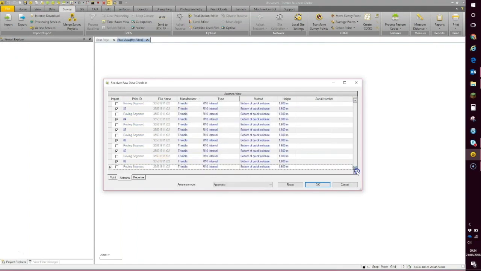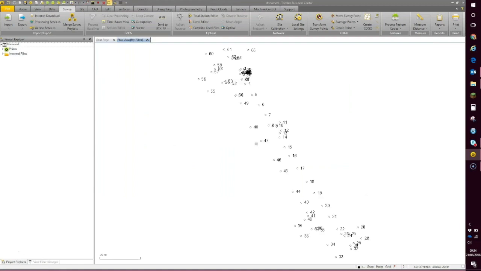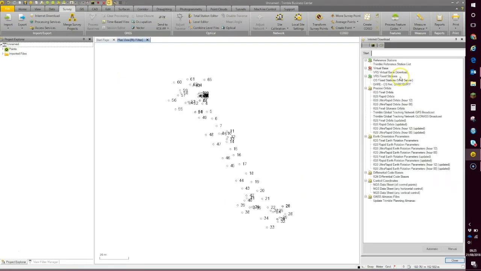That data has been brought into TBC, and we can see the initial autonomous quality position coordinates. The internet download settings is where we put in our VRS account information so that we